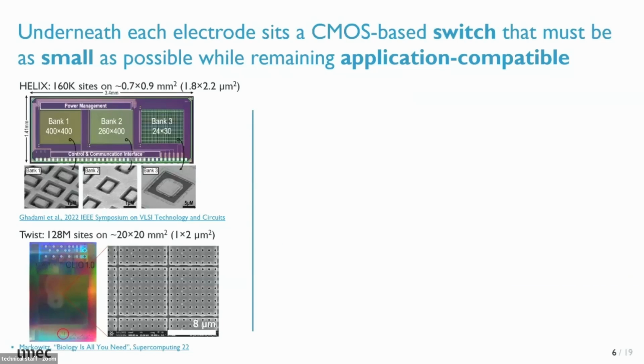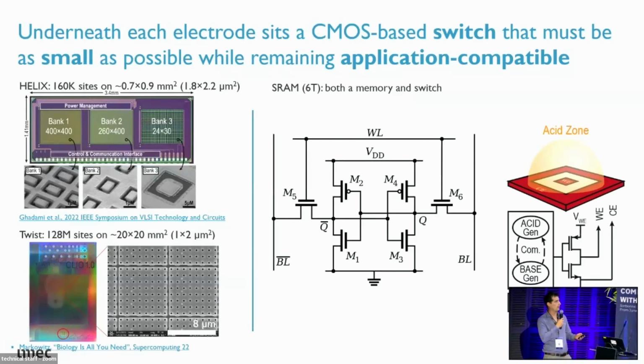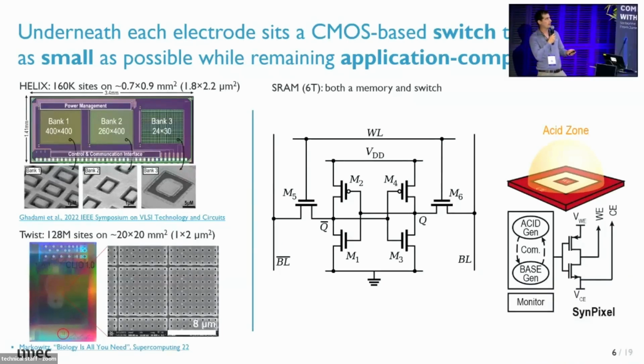In the past 5 years, there's been quite some movement in terms of scaling these microelectrode arrays. So I took two examples that are publicly available. One is the Helix system from Andrew Hall, which has a pixel size of about 1.8 by 2.2 square micrometer. The array itself is not too big, 400 by 400, but in principle the density is quite high. Then there's the chip from Twist,